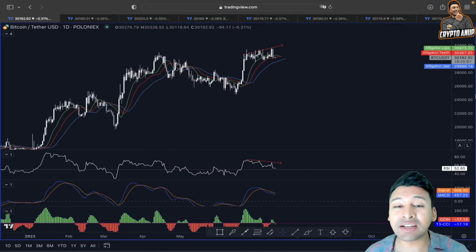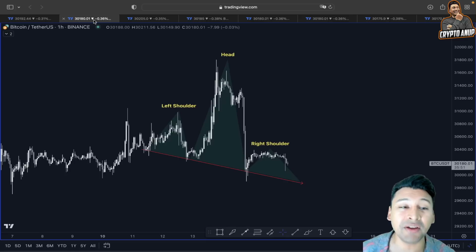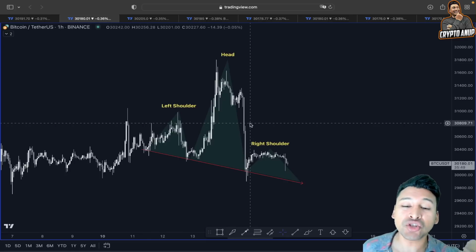So before I start talking about this bearish divergence which is being flashed right now, looking at the price action of Bitcoin in a daily time frame, before I start talking about this head and shoulder type of formation which is playing out in a smaller time frame,